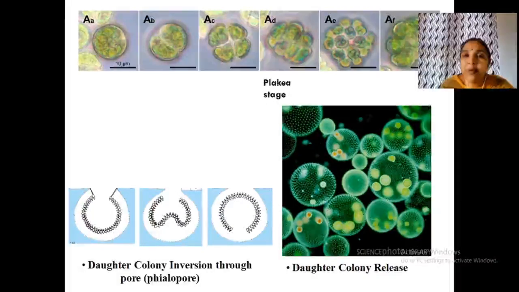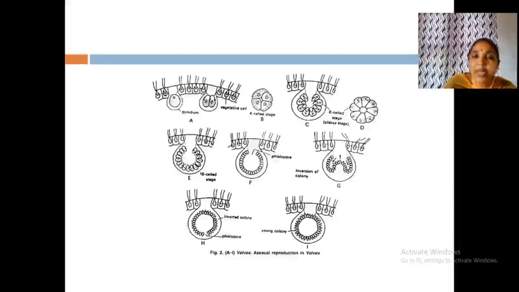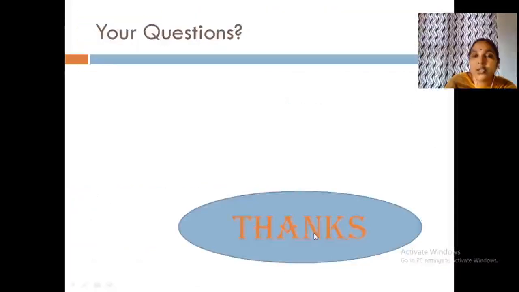This is very important. Usually in examinations you are asked to explain with the help of the diagram that I have shown here. Draw this diagram in your notebook. This is a part of the coenobium. Individual cells are Chlamydomonas type. Some of the cells act as the reproductive part, the gonidium. Its cell divides to a Plakea stage, opening phialopore, 8-celled, 16-celled, invagination or inversion, and the anterior side becomes outside, the opening closes, and the new colony or daughter colony is released. Okay. So that's all about the asexual reproduction.